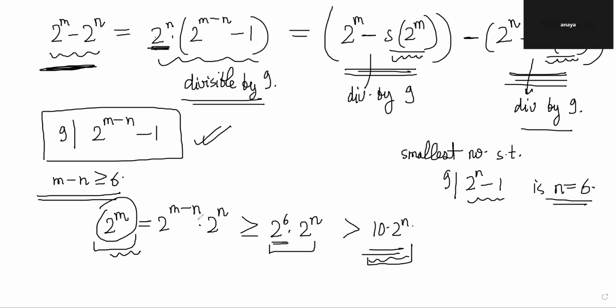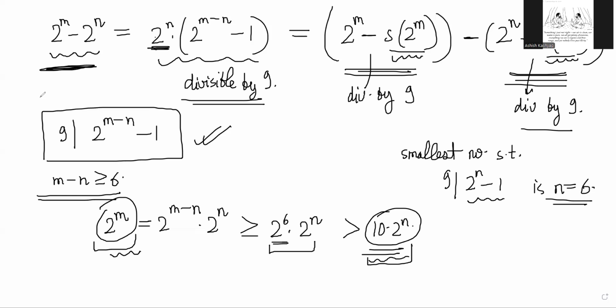2 power m is greater than 10 into 2 power n. So this will have at least one more digit, right? So that means it is not a rearrangement, then. Correct. Basically, we have said that